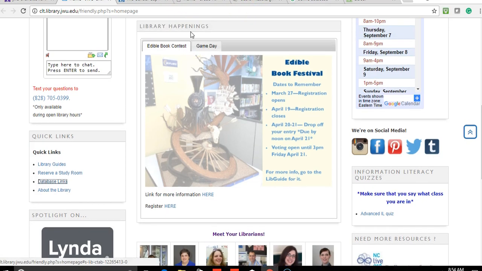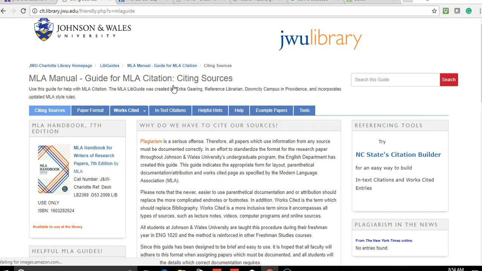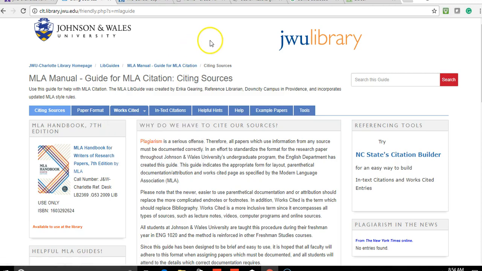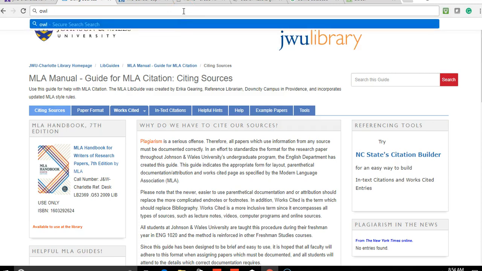We have citation help on our main page, and I hope that you'll take advantage of it. So for instance, most classes require MLA citations at Johnson & Wales. So if you click on MLA, you'll get this citation guide, and you can get in here and you can pull up how to cite different sources. Now, I will tell you that we also have a short handout that you can take, and then we have something you can get to real easily. Anybody can use is the OWL